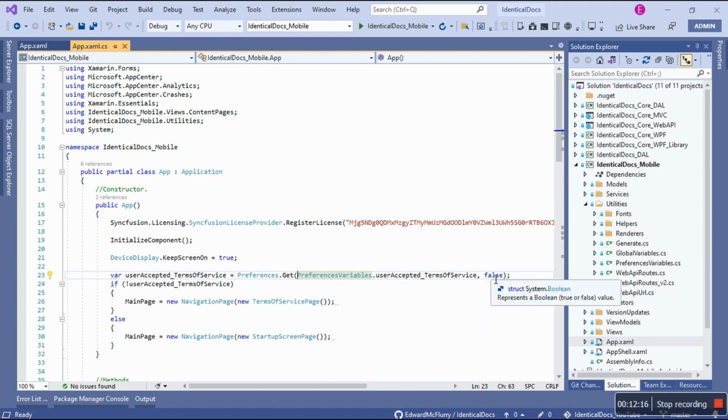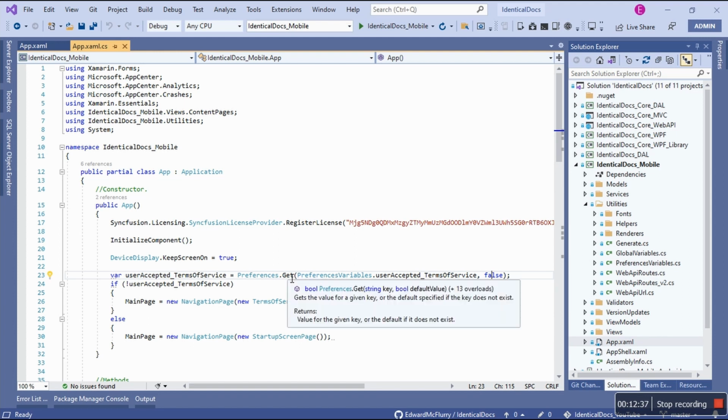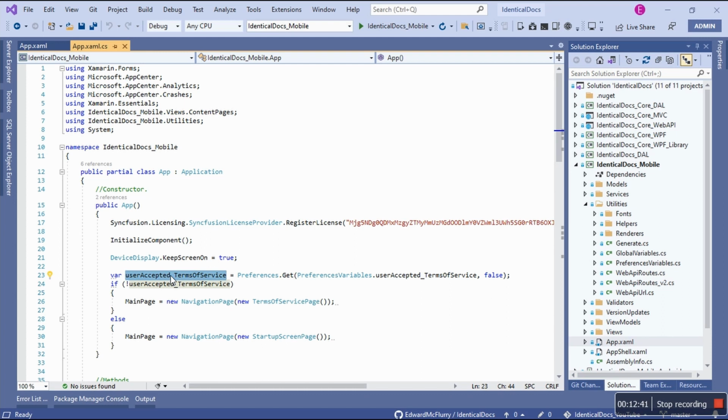So it should accept a Boolean where I'm saying by default it should be false. If there's nothing here, the default is going to be false, right? Is the default value for a Boolean variable false? Yes, but I'm explicitly saying false because it's a must. If there is a true, then save true here. But if it's false, still go there. Now, if it's not true, meaning it's false, go to a terms of service page, and I want to talk